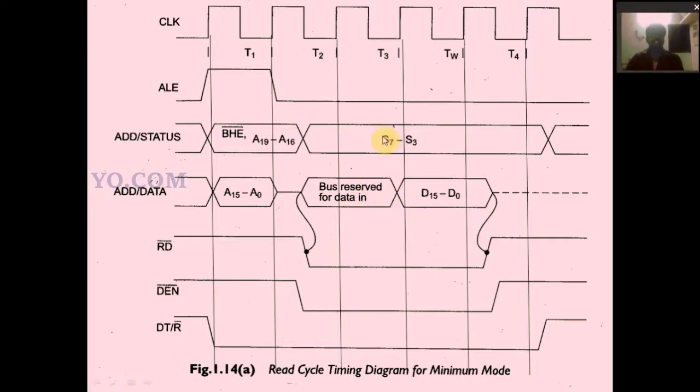Okay, in T3 the status is enabled, then here the bus is reserved, and the remaining things are already enabled. Okay, at T4 here we are using the wait state at TW. So at the wait state, the data bus is loaded by data. So external memory or IO loads the data into the data bus of the microprocessor. So now the data is loaded at T4, all the signals are disabled. So the data bus is disabled, and the read signal is disabled, then the data enable control signal is disabled, and the DT bar R bar is also disabled after T4.